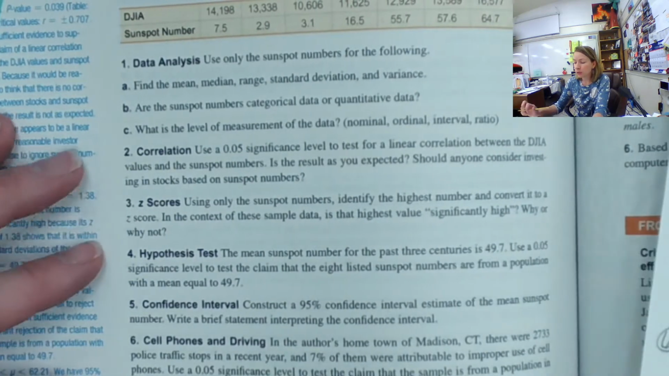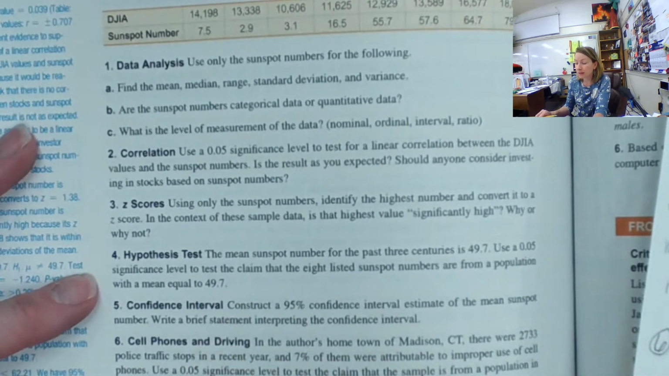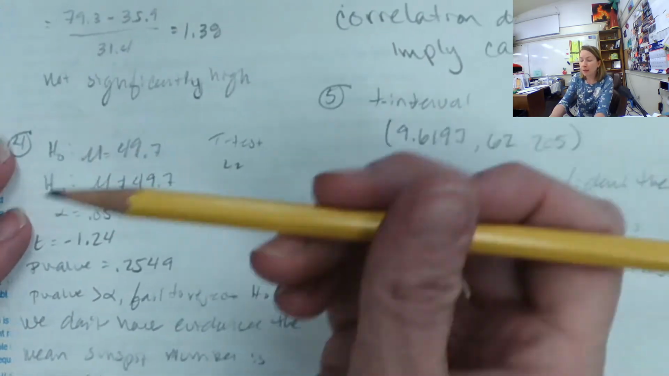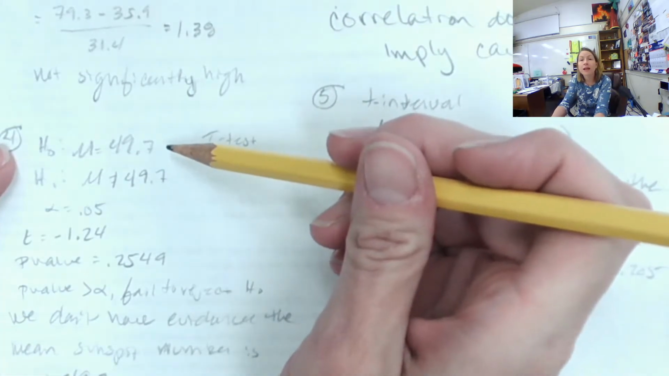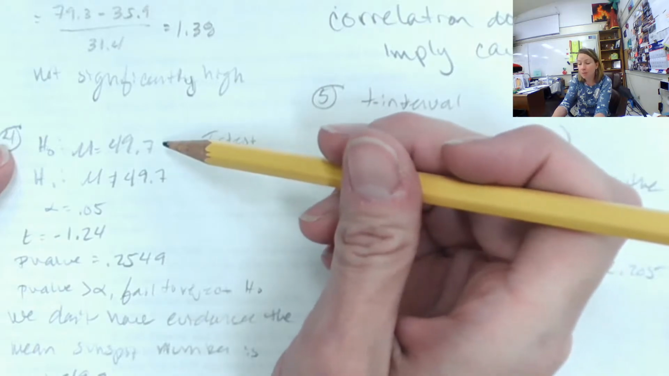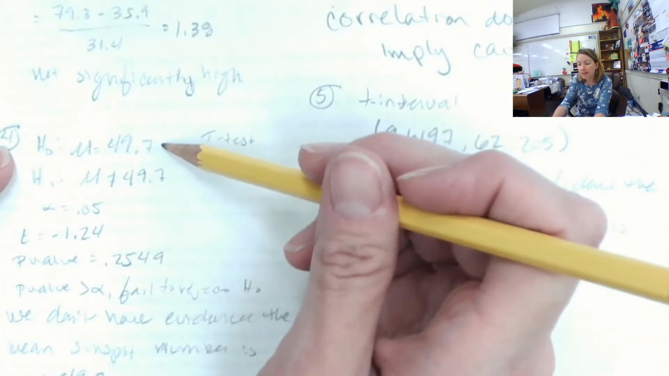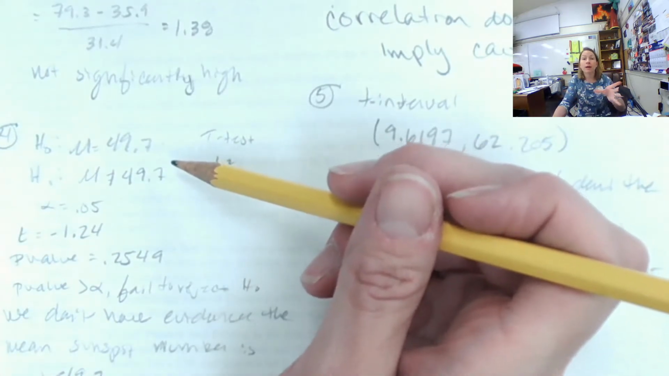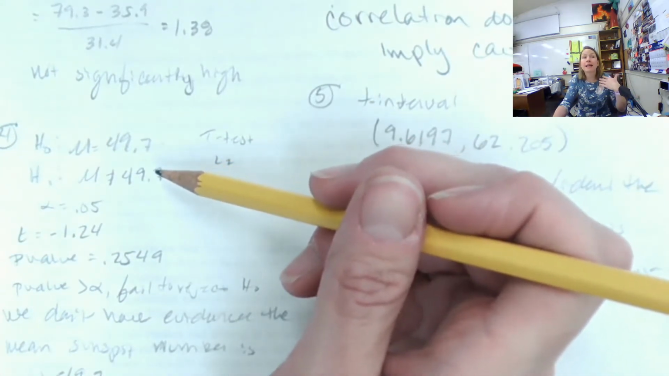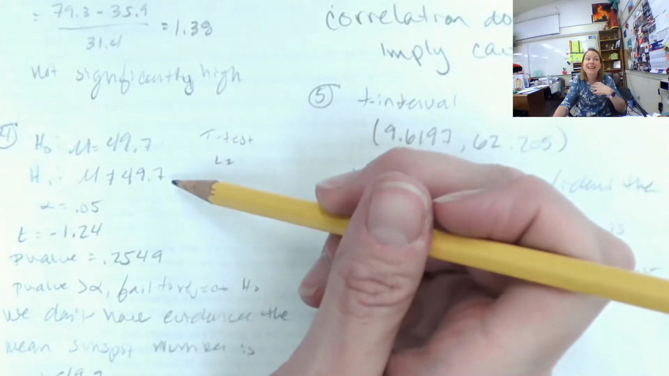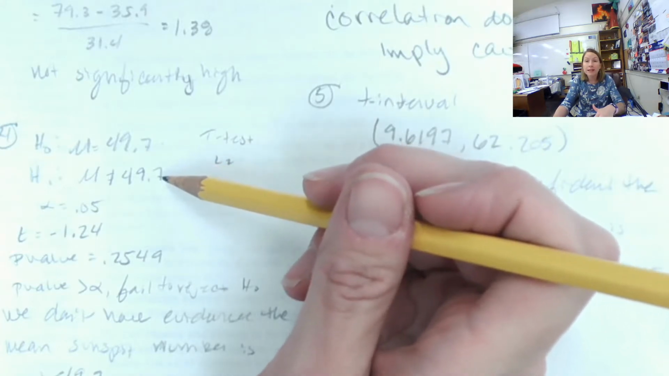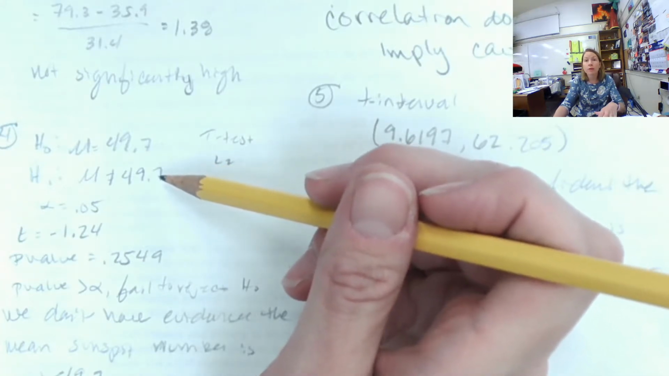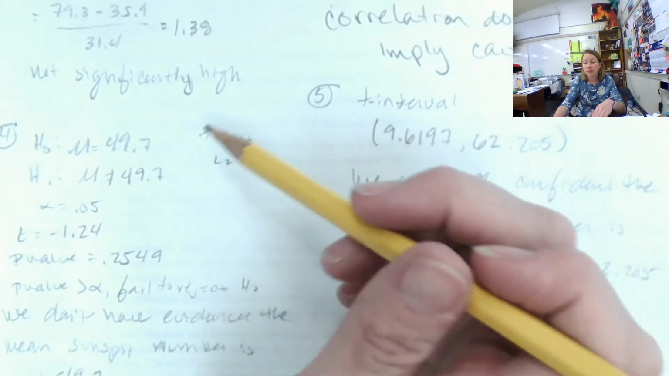For this one, we test the claim that we've got a mean of 49.7 sunspots. So here's my mean of 49.7, and my alternative is that it's not equal to. They didn't say greater than or less than, they just said test that it is, so our alternative is always that it isn't. We just have one set of data. Even though we have more that was given to us, we're only concerned with sunspots right now, so it's just